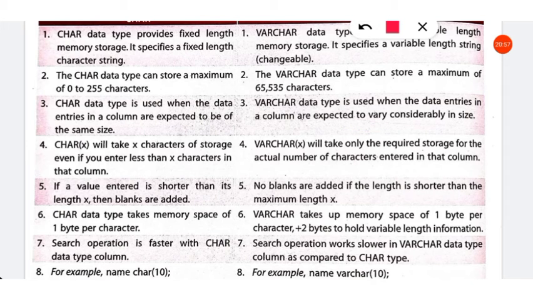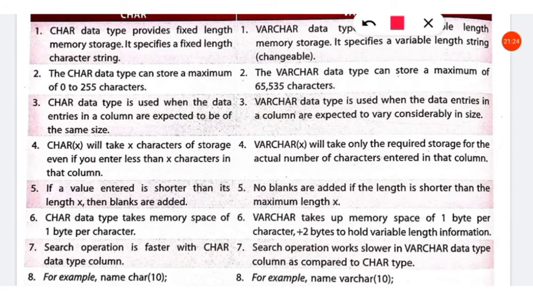Then char x will take x characters of storage even if you enter less than x characters in that column. Then varchar will not take the required storage for the actual number of characters, will take only the required storage for the actual number of characters in the column.